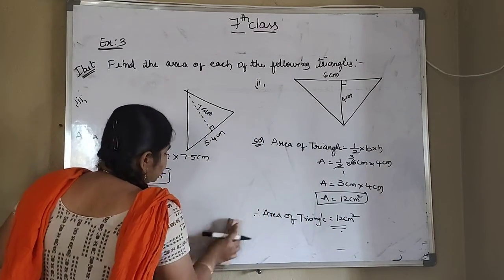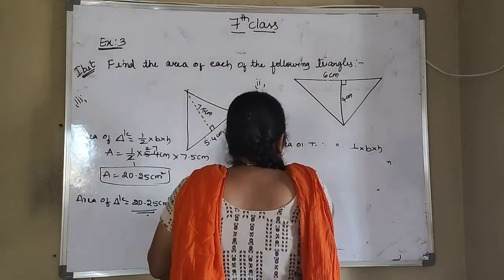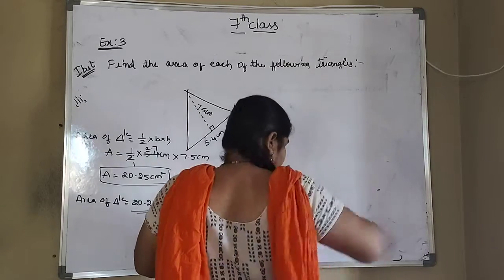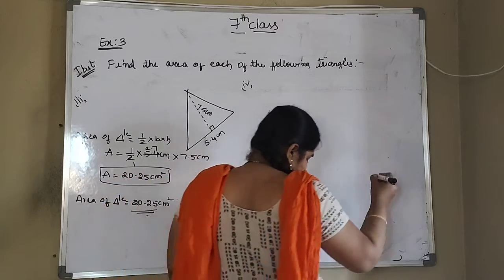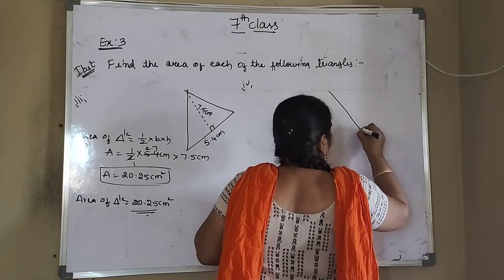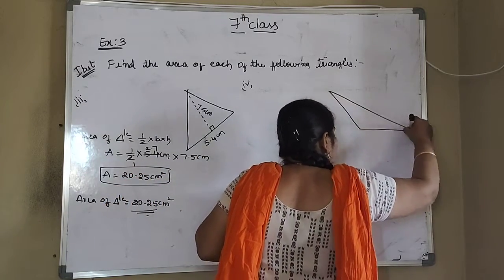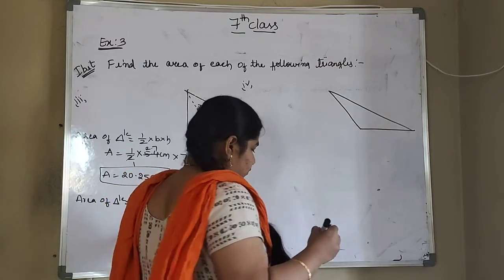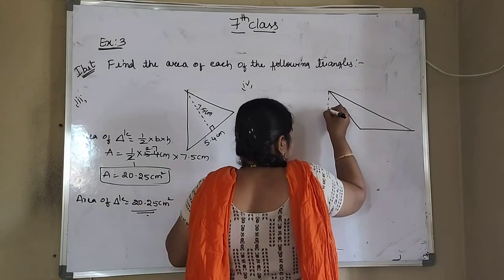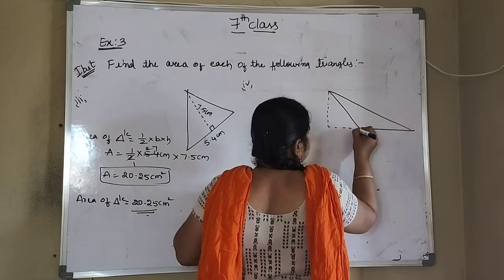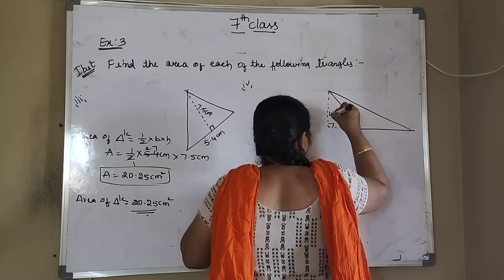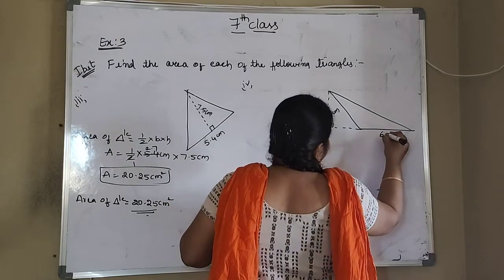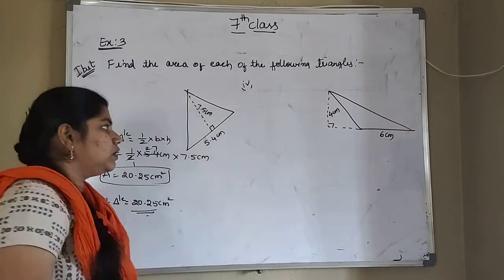Okay, so next is the last one in this first bit. So the fourth one is, what is the figure? It is an obtuse angle triangle and where a perpendicular symbol is forming here. So this is the height, this is the base. So height they have given as 4 centimeters and base they have given as 6 centimeters. Okay, so now we have to find